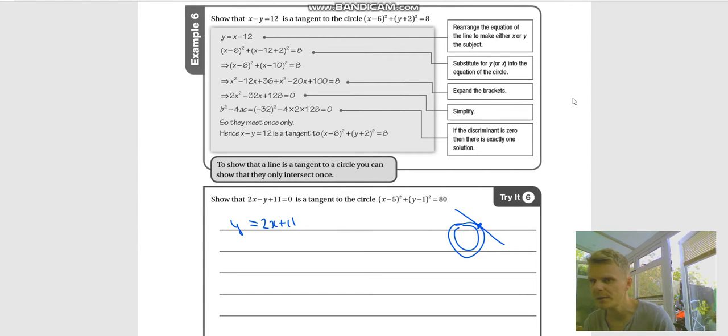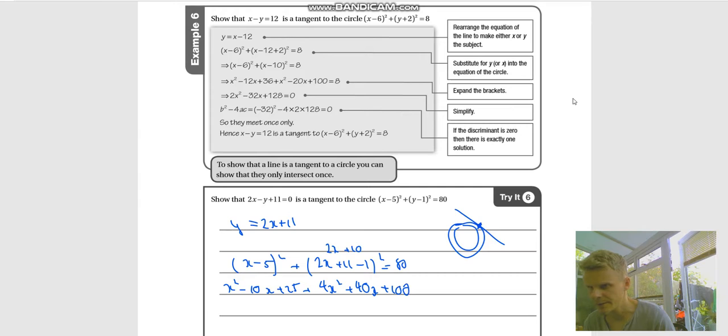So we'll sub that in. So we've got x minus 5 squared plus 2x plus 11 minus 1 all squared equals 80. So we expand this, we get x squared minus 10x plus 25 plus, this will change into 2x plus 10. So we're going to get 4x squared plus 40x